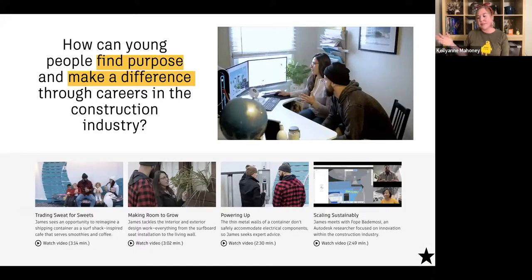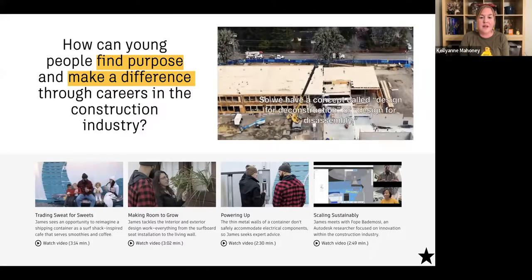This is a program that I manage, and I'm actually technically on the construction team at Autodesk. And one of the things that I'm always thinking about is how students, again, where they can go with the skills that they learn in Tinkercad, and particularly how can they apply those skills to career paths. So the Make It Real Challenge, which we will be doing again this year at some point, was driven last year by the question: how can young people find purpose and make a difference through careers in the construction industry? So you'll see if you go to Autodesk.com/Make It Real,